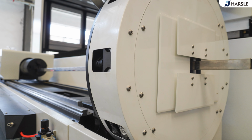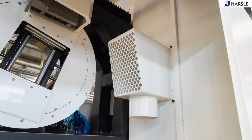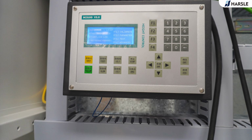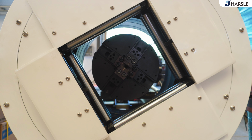HARSLE HT series fiber laser tube cutting machine is developed and designed for pipe processing, with high cutting efficiency and low operating cost. Its imported fiber laser has stable performance and a large variety of materials and processing range. Thanks to the imported high-torque servo motor